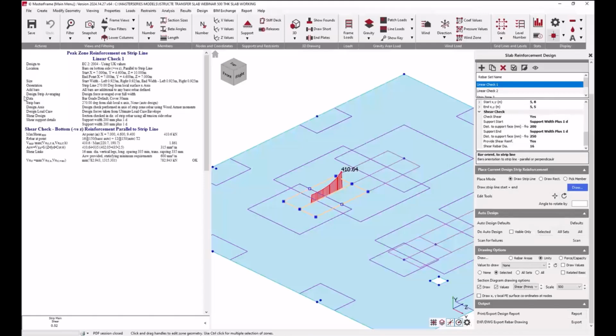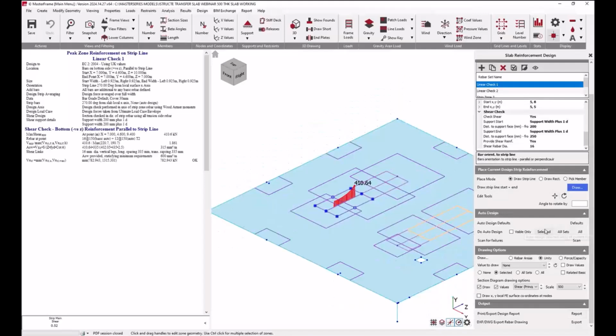The construction stage analysis is something that we have on our roadmap, and it's definitely something we'll be looking at in the near future. Our general recommendation for now would be that if you are concerned that the construction staging in your transfer slab is going to be significant, then model the slab as a standalone slab with its columns above and below modelled, and then simply apply the loads from the levels above from a separate model. So you could do a separate model of all the levels above, get their support reactions and apply those as loads to the tops of the columns in the individual model that you have for your transfer slab, and that's a more realistic assessment of how the force will travel into the slab